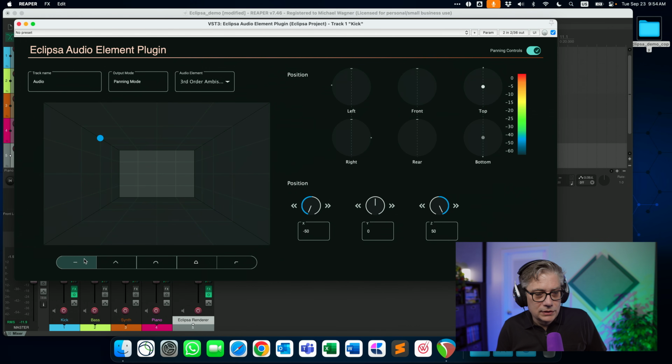We are not going to use that. It's not going to be particularly useful for us. So let me just put that back here. Okay, here we go. And now the next thing that we need to do is we need to make sure that the audio actually reaches the renderer.